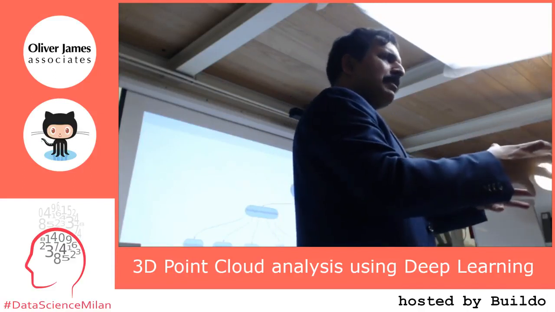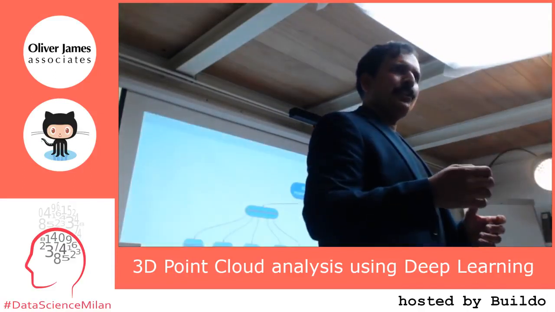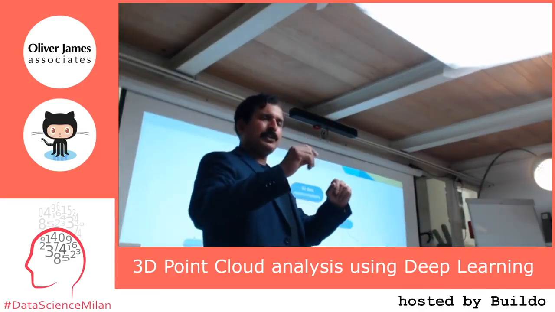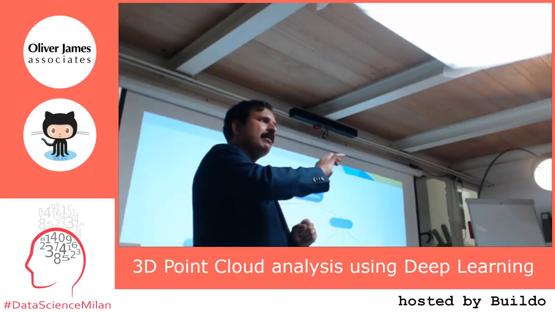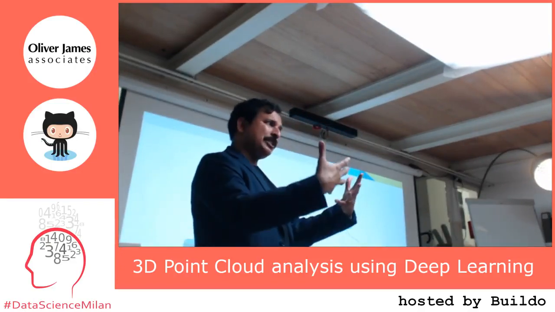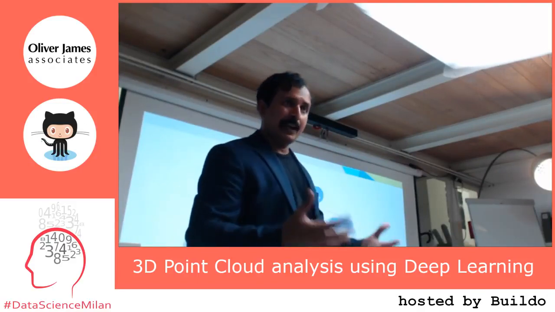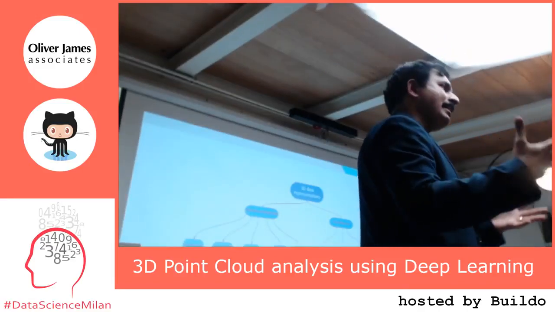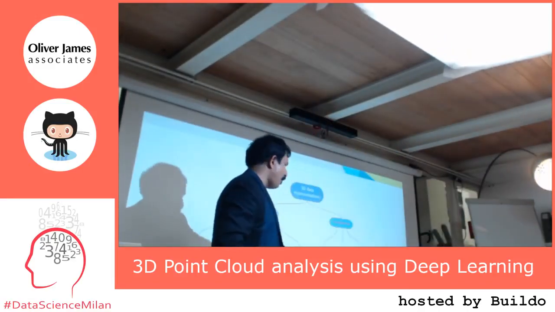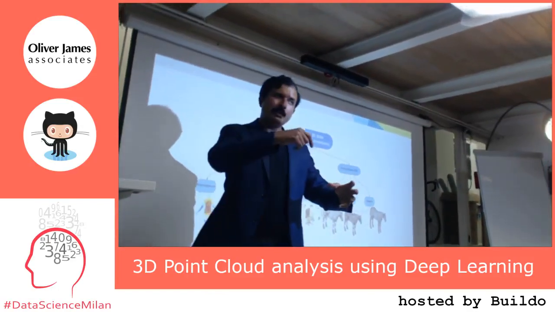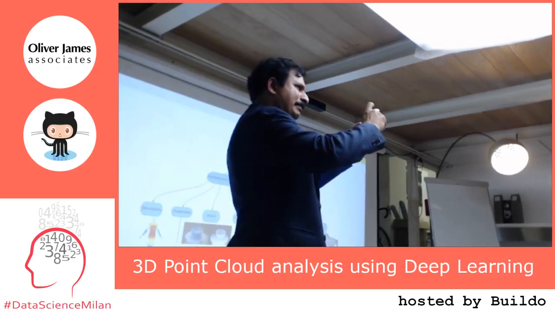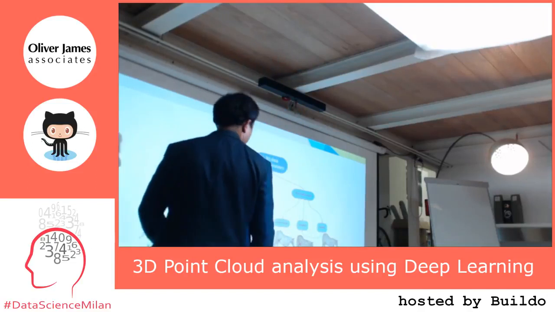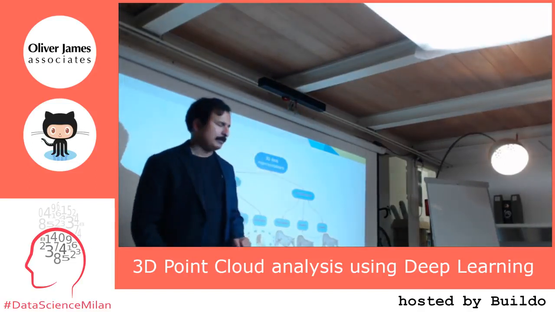To get the same perspective of a 3D image, you can also do something called multi-view. In other words, if you take 2D images of the same object or the same room from multiple view locations, you can actually stitch it back, and because point clouds are canonical, you can convert data sets from one structure to the other structure. So you can have multi-view of the same object. For example, in this case, you have a chair, and if you want to get a 3D point view, you can take a camera, go around the chair, and take multiple pictures. It's called multi-view pictures, and then you can stitch it together. There are software solutions available which can make it a 3D representation.